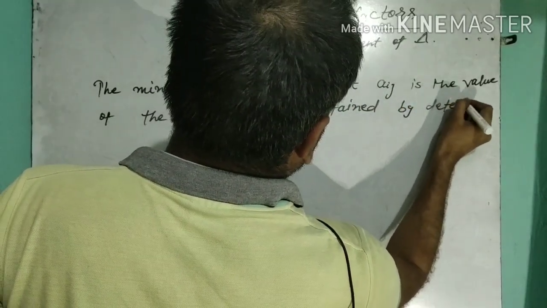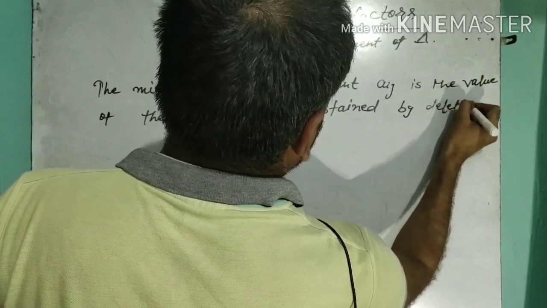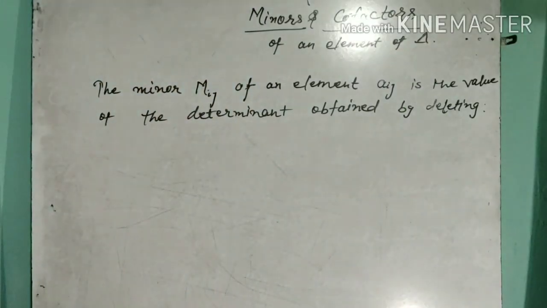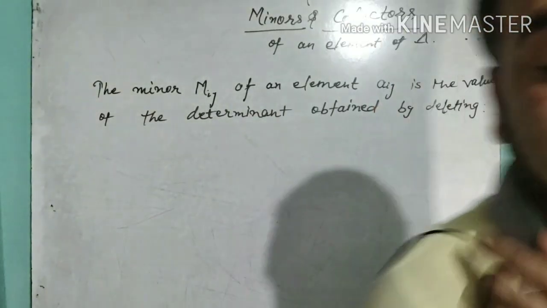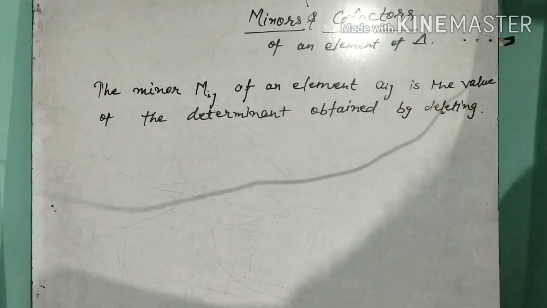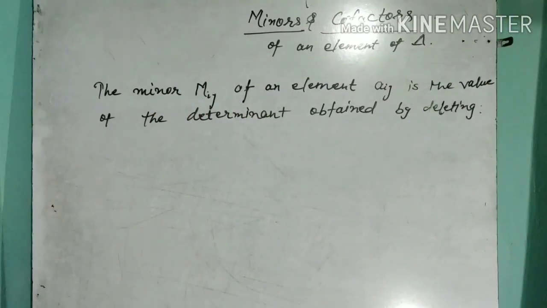The minor Mij of an element Aij is the value of the determinant obtained by deleting the ith row,